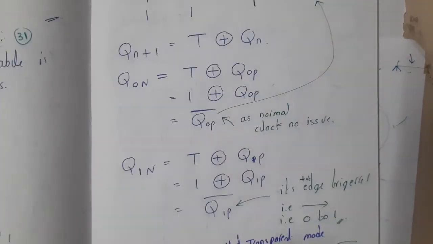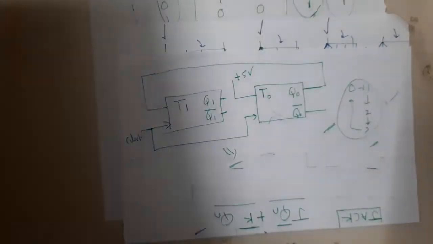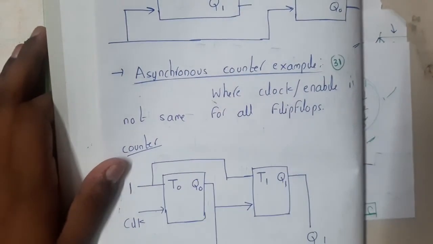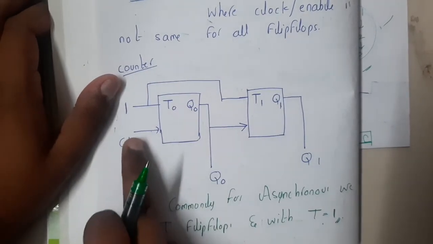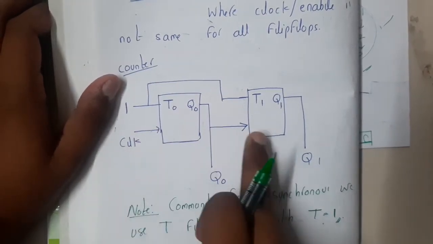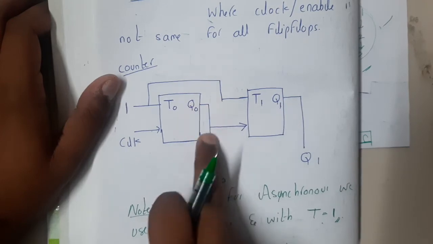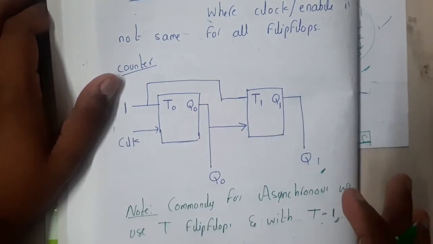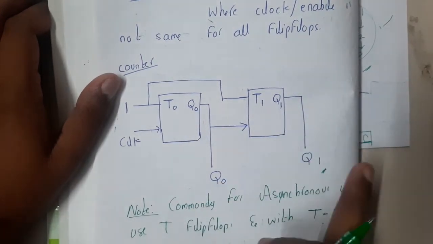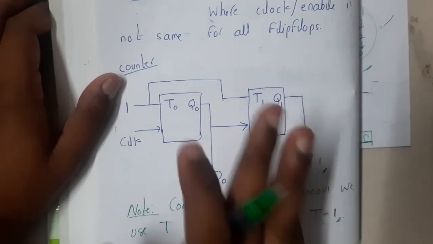So in the next lecture, let us discuss an example of an asynchronous counter. I told you, right? So when the clock is not the same, so here if you observe, this is getting the clock, but this clock is nothing but the output of this, right? So in this situation, how we need to solve the questions, we'll be discussing them. There are a few prerequisites on this guys, so that's the reason why this topic has been added.